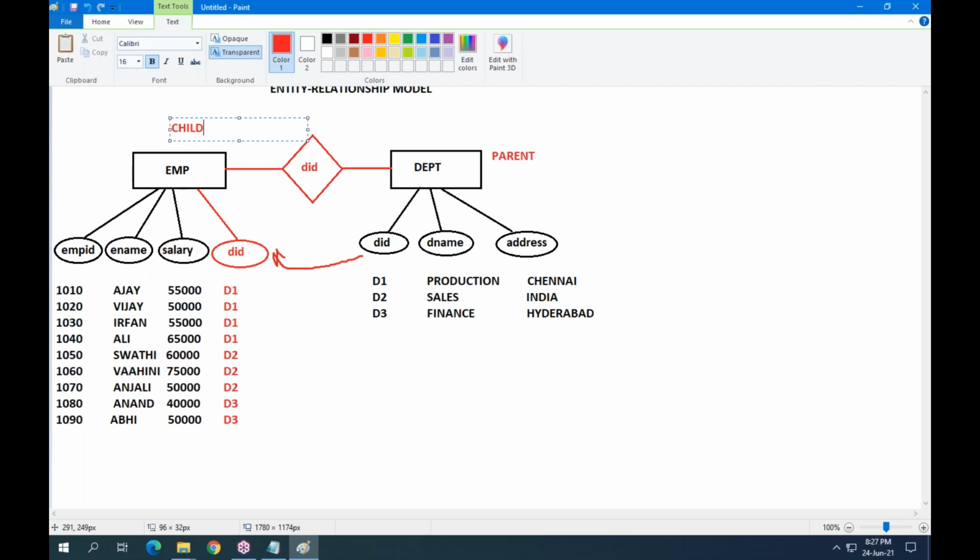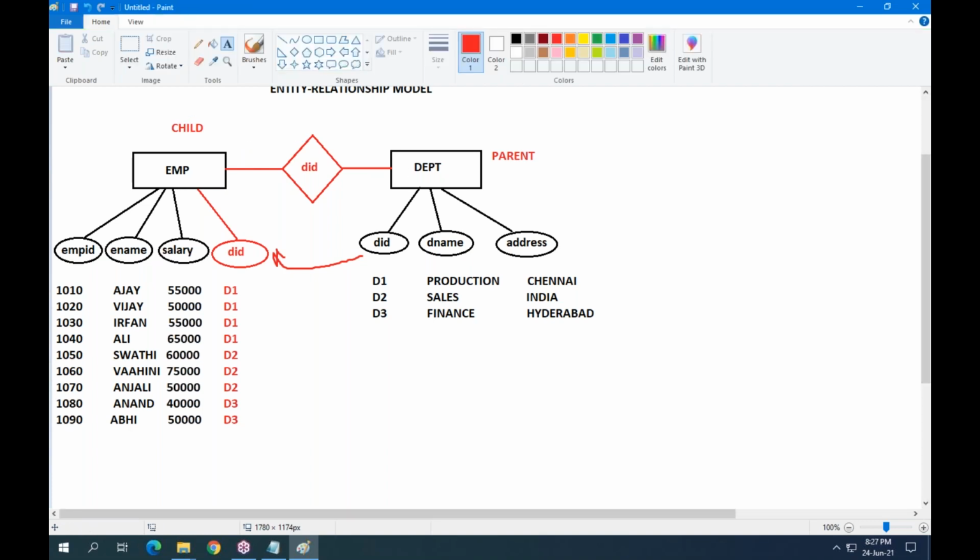That's why department is the parent and employee is the child. Hope you understand. According to that principle, the department table's primary key column is reflected as a foreign key column in the employee table.